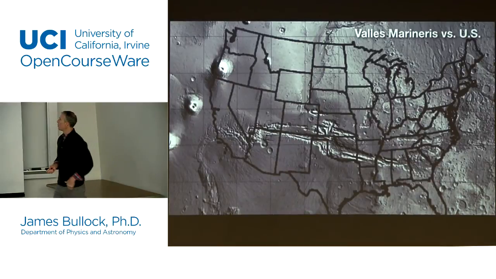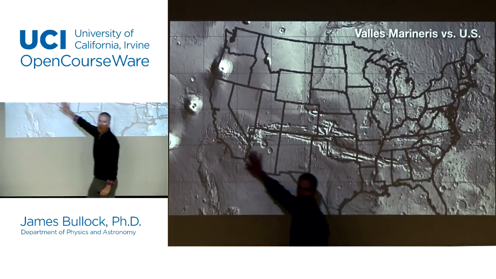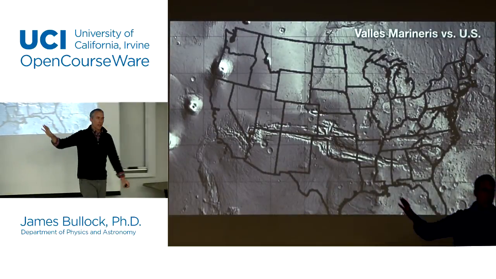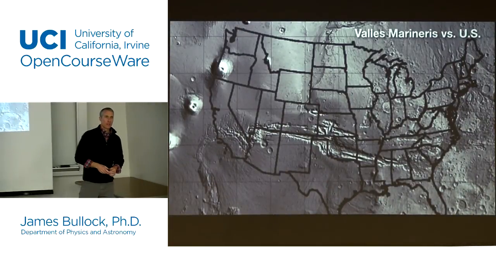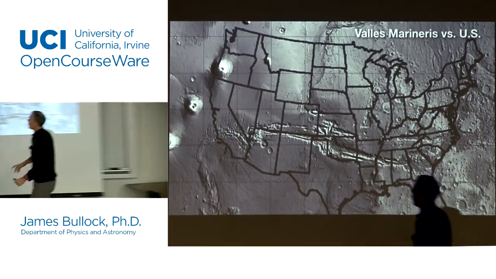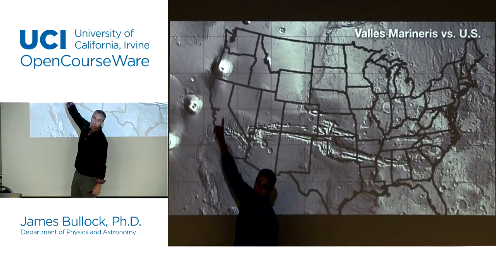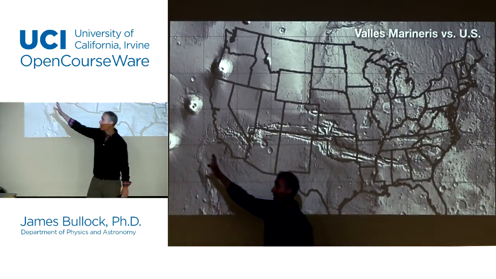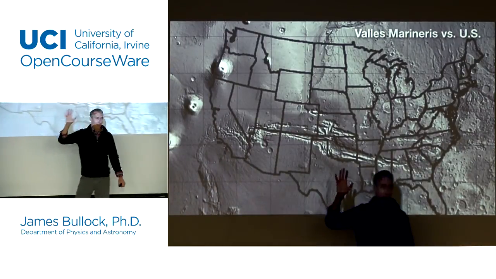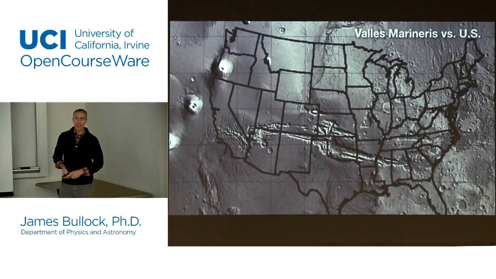This just shows you, here's the valley again. If you were to put a map of the United States on top of this rift valley, it's basically the size of the continental United States. So it's just a gigantic thing. Oh, and by the way, here are a few volcanoes here, just to give you a sense of scale. So these are giant, right? This is much, much larger than any kind of mountain or single volcano you would ever see on Earth.